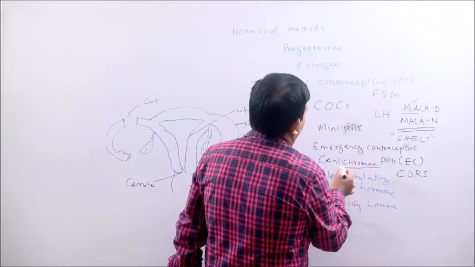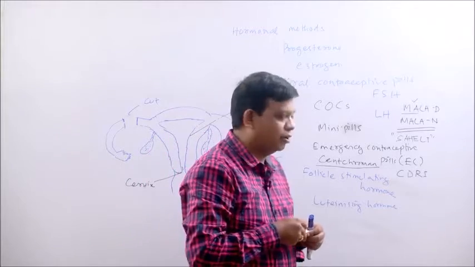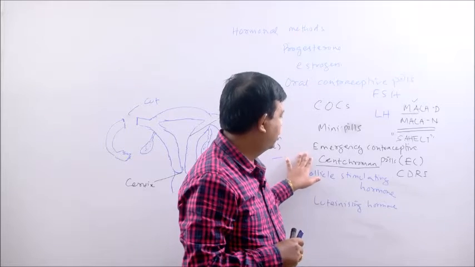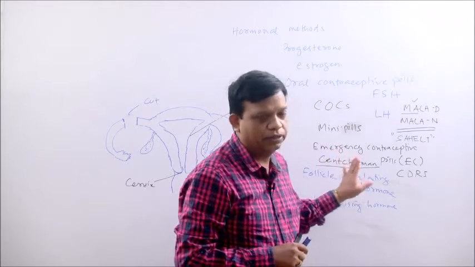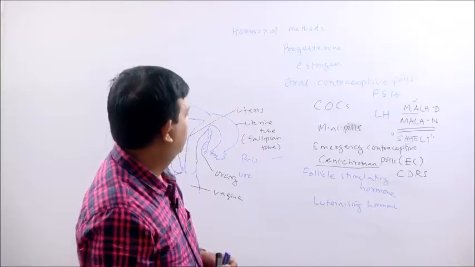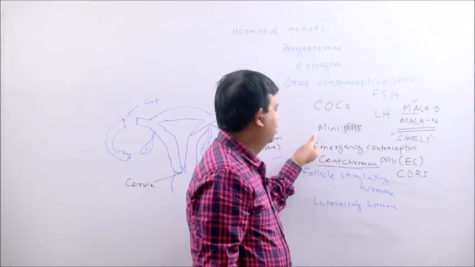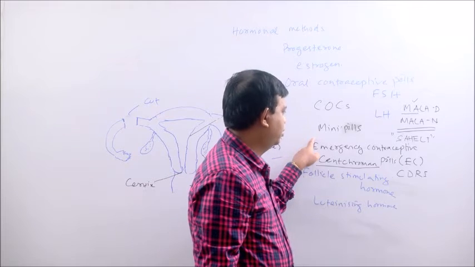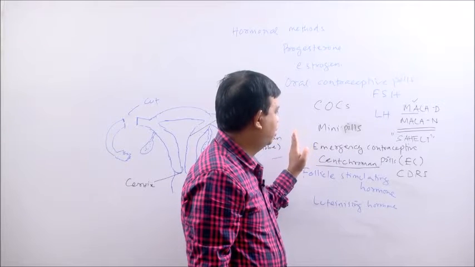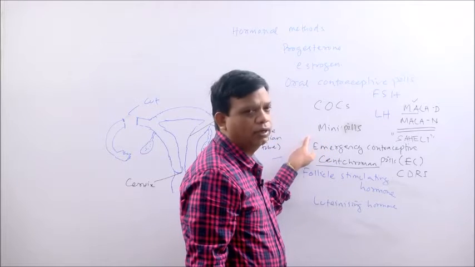It contains a chemical called centroman. It is a non-steroid pill or oral contraceptive. It is free from side effects like vomiting, nausea and weight gain. This pill for the first 3 months is taken twice a week. Then after that it needs to be taken only once a week.